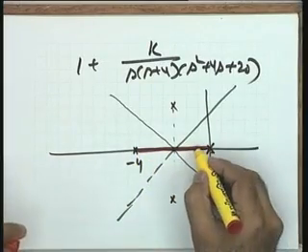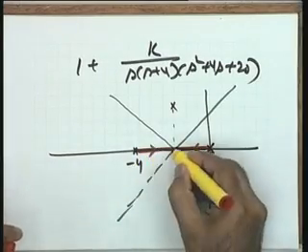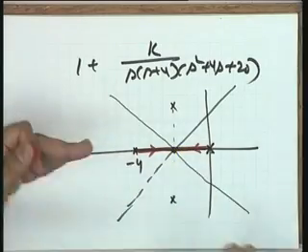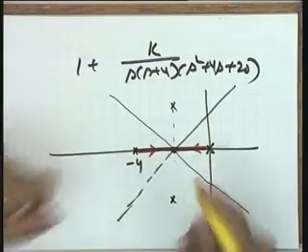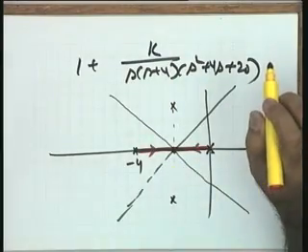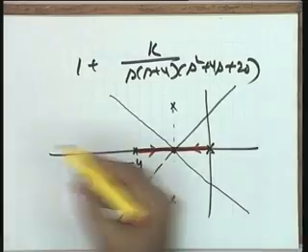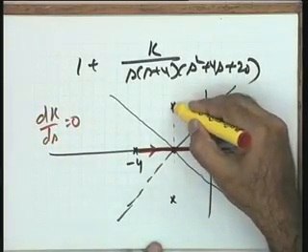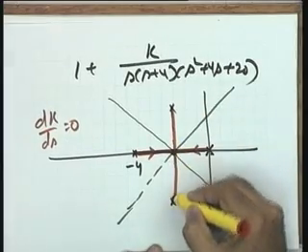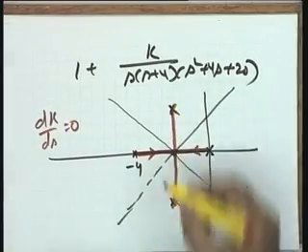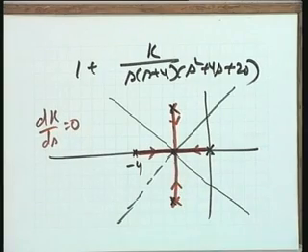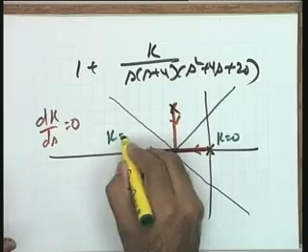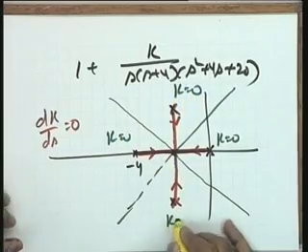Okay? So since these 2 points are coming this way, they are meeting at this particular point, they have to break away. In this particular case, it is more or less clear because of the symmetry that this point minus 2 will be the breakaway point. But yes, you can test it by solving the equation dk by ds equal to 0. If they break away, they go like this. Help me please, is this the complete root locus diagram? No, it's not, as you have rightly said, because these are the 4 segments, K is equal to 0 at each.